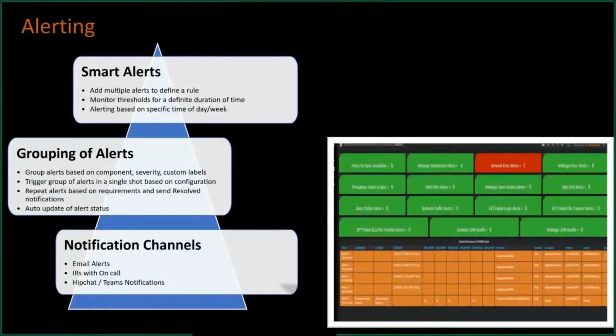Yes, then instead of waking up 5 times, or instead of you fixing it 5 times, you're going to only do that once, because your system is monitoring all the thresholds for a particular time and checking the pattern as well, right? For example, not very recently, sometime back, we defined an alert which says that every time a pod is getting rebooted 10 times within 5 minutes, I would need an alert, right? Otherwise, I don't need it. Because if it is getting rebooted 10 times in 5 minutes, then I know something is not okay, then I need to go and check that, right? So be creative, and again, please attach yourself to the SLI